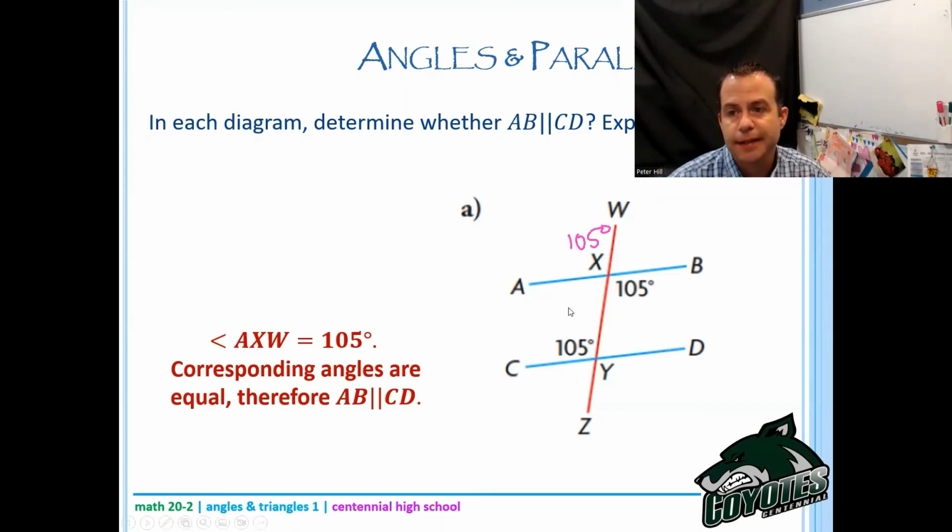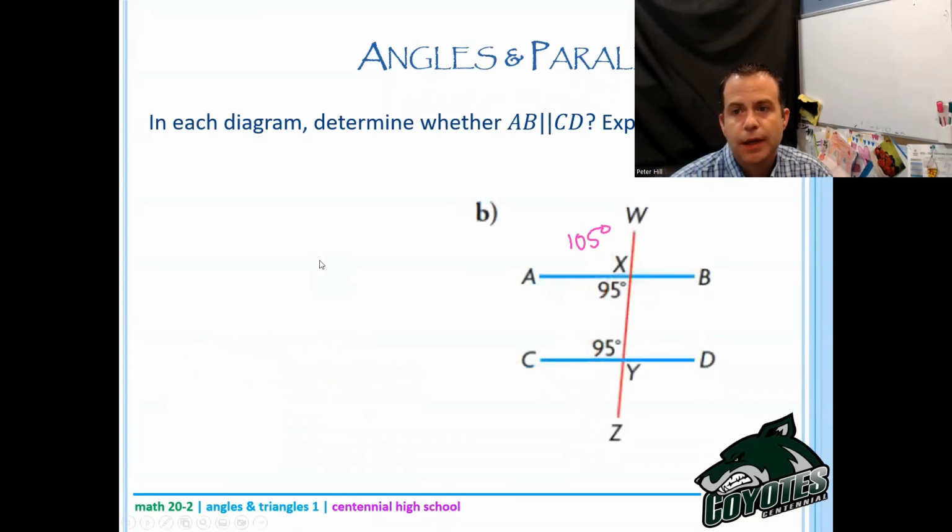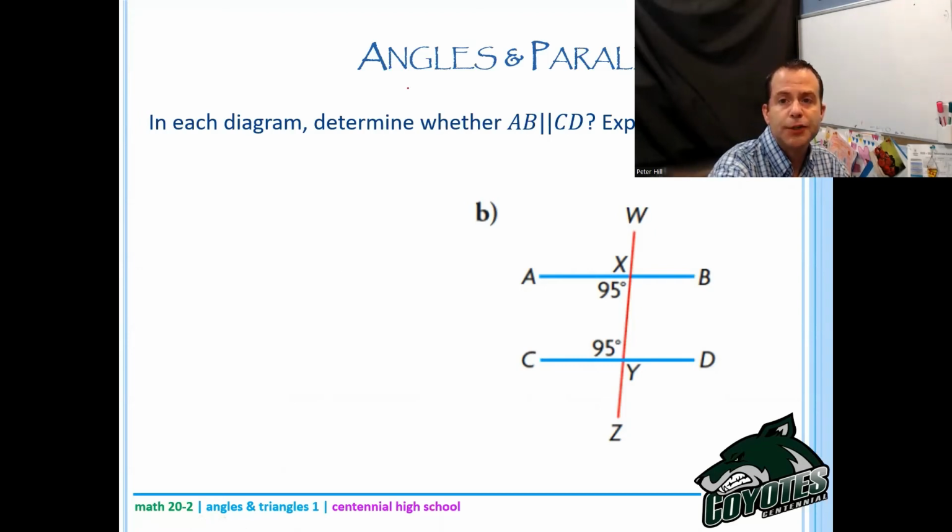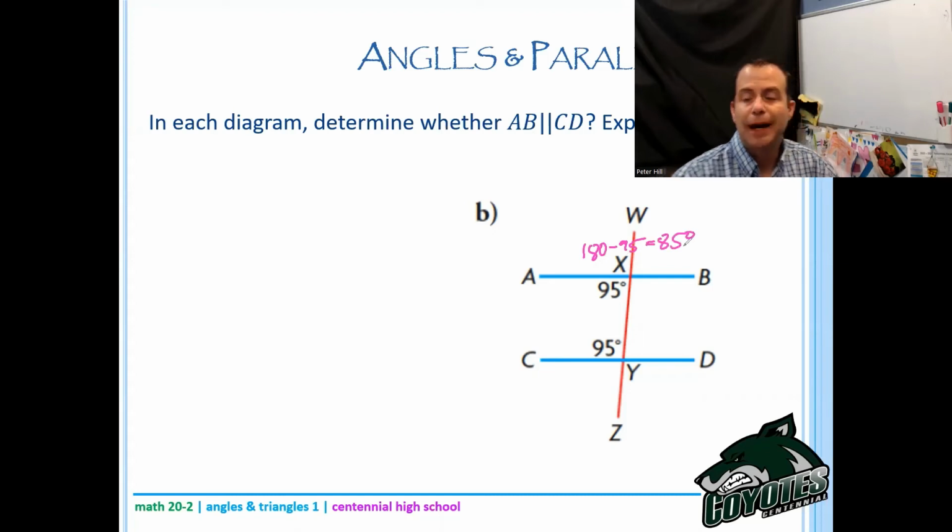Okay, because I've got this and this in the corresponding angle section. Okay, let's try B. Now, those are not corresponding angles, right? But I do have enough information now to figure out what AXW is again. This would be 180 minus 95, and that would be 85, right? So AXW is 85, and that would be in the same position as CYX,